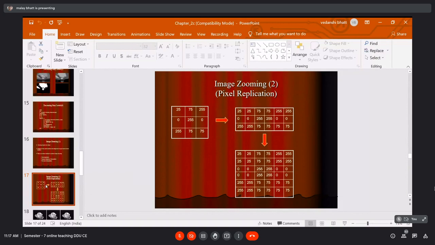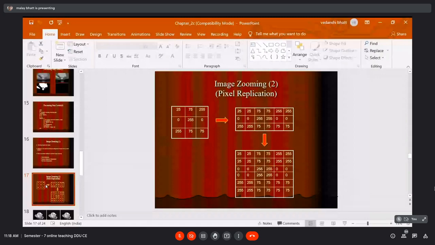So here you can see we have the original image as 3x3 and the new one as 3x6. We are replicating the columns first. The first column is replicated as the second column in the new image.